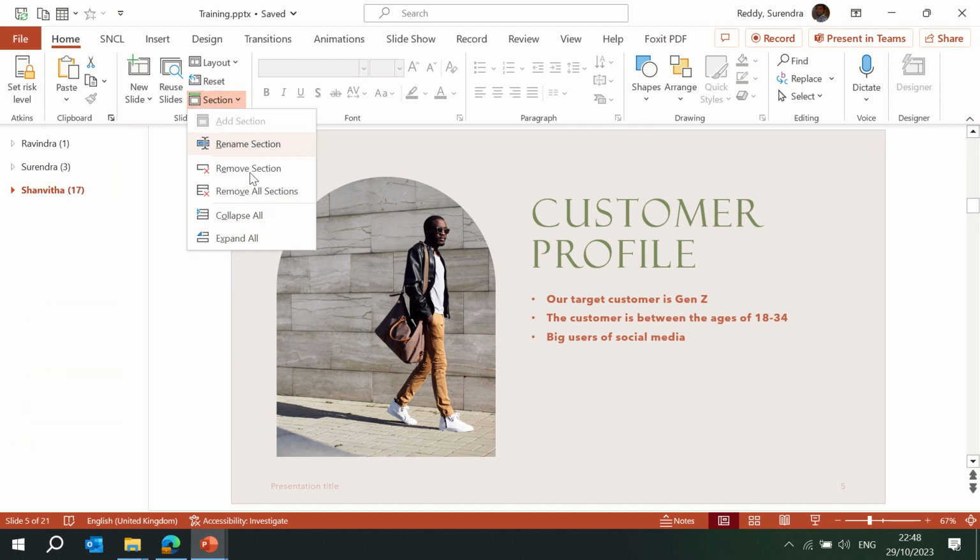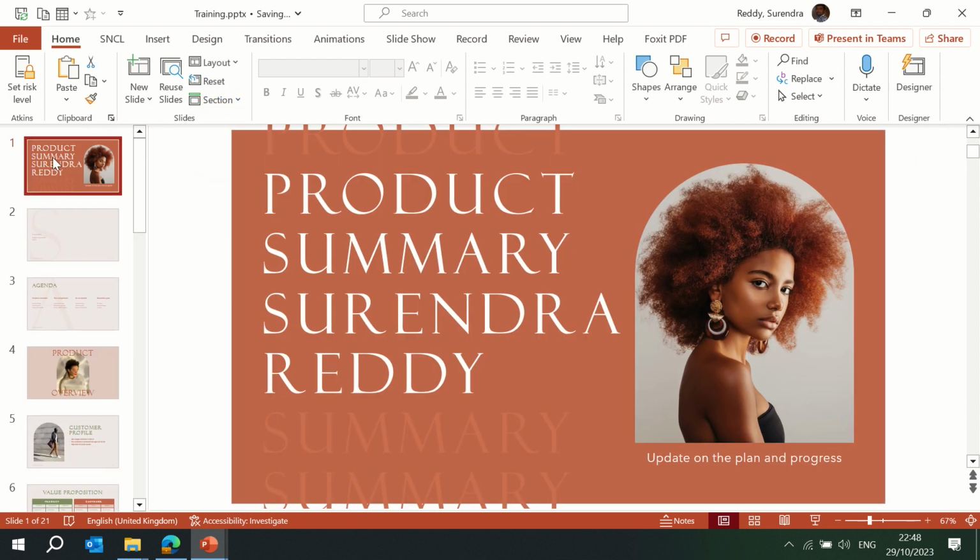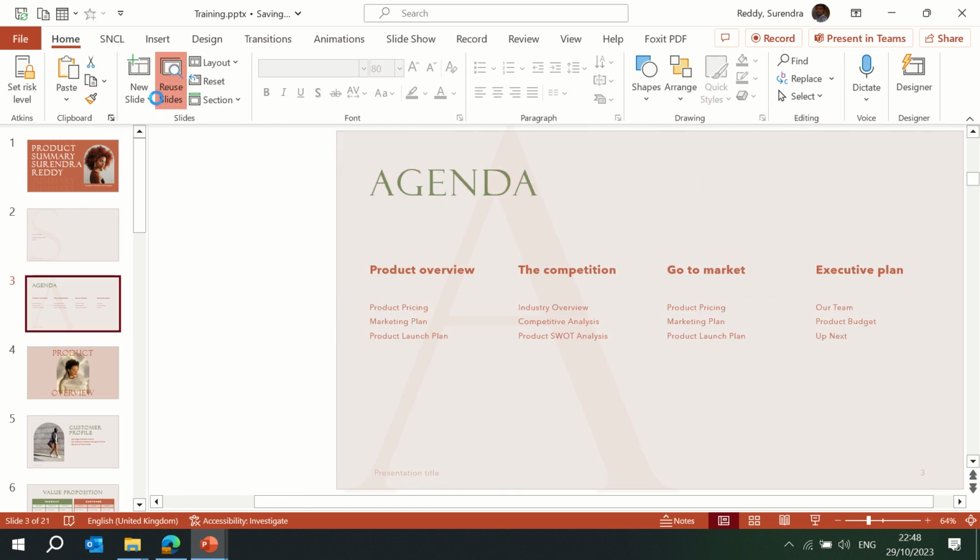If you wanted to remove all sections, or remove the current section, you can remove that. If you wanted to remove all the sections, you can remove it. So that is the beauty of adding sections in the presentation. So let me remove all the sections. Then next we have another option called